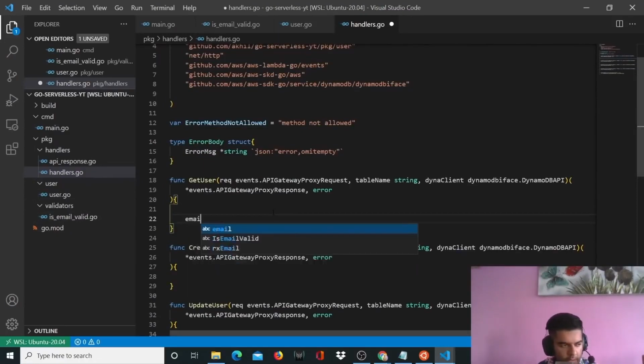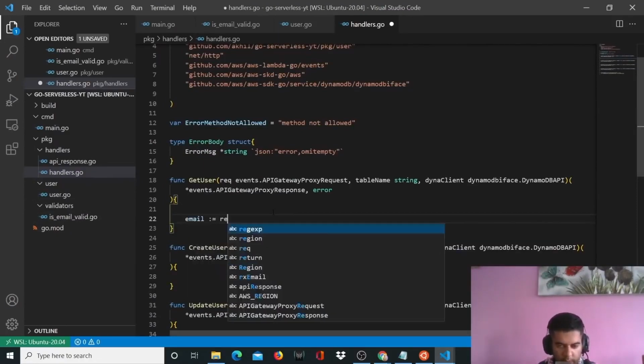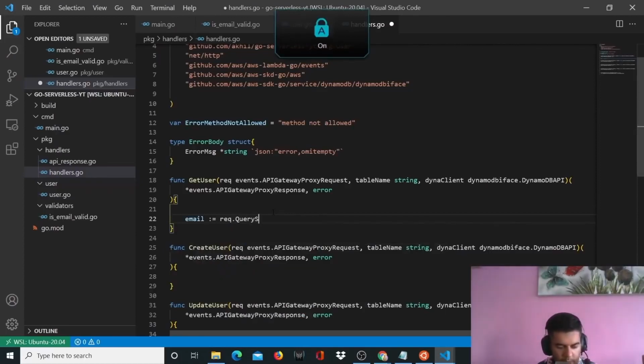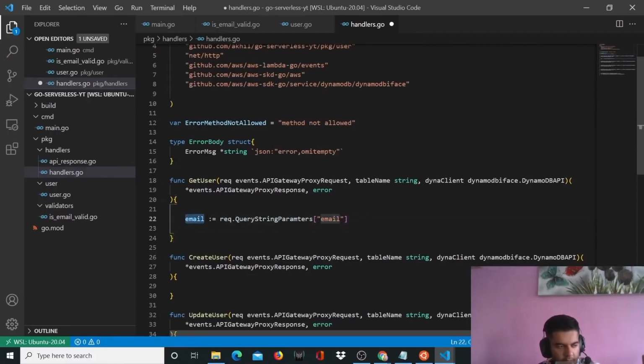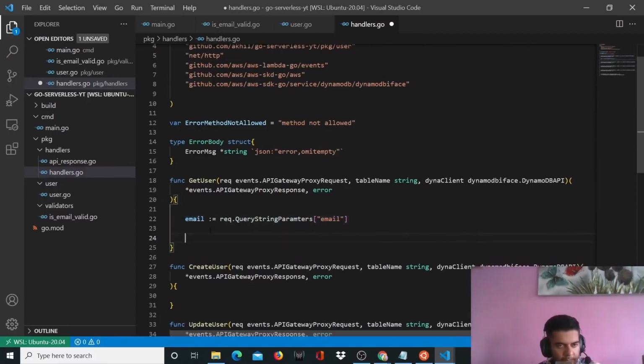Right? So the first thing that you'll say is email := request.QueryStringParameters["email"]. So if you've guessed, what's happening here is you want to get the user, but by using the email ID of that user. So from a request, you'll have your query string parameters, which we'll pass as email, and that we're going to capture in a variable called email. And then we'll check the length. So we'll say if length of email is greater than 0,